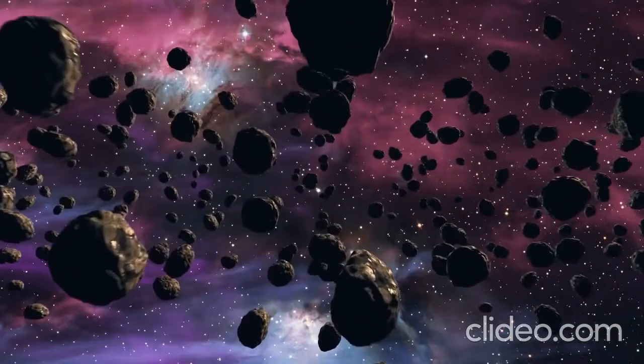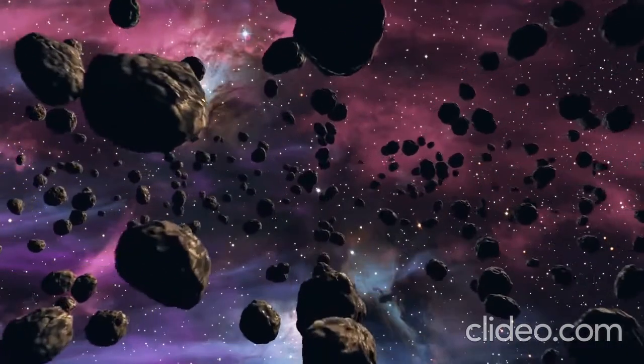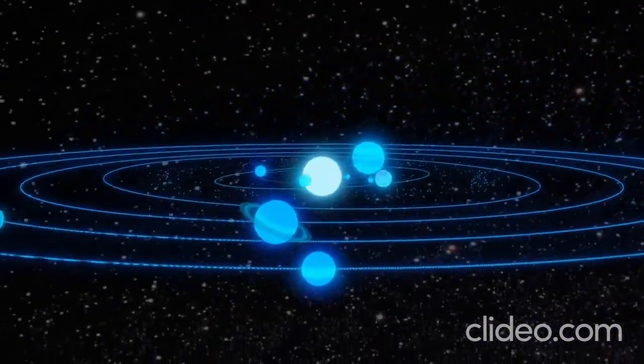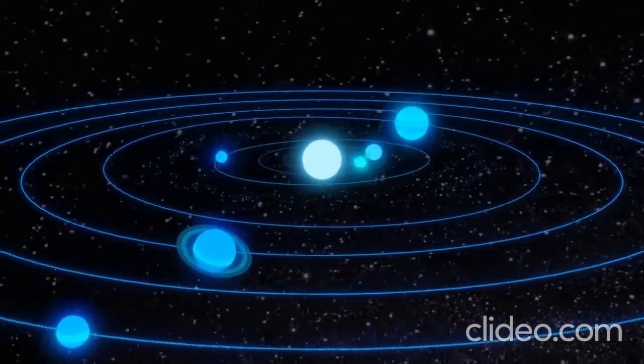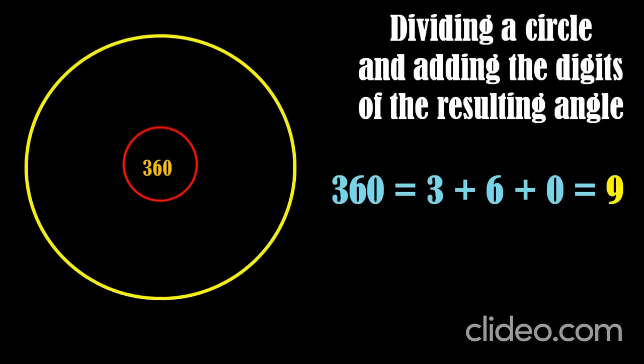Now let me show you how powerful the number 9 is and how it is present everywhere in the universe. Let's start dividing a circle and see the sum of digits of the resulting angle. As we know that a full circle makes an angle of 360 degrees at its center. If we add the digits of 360,